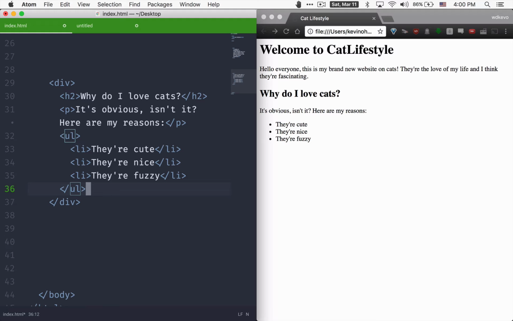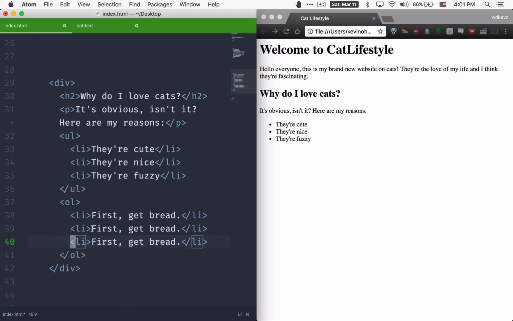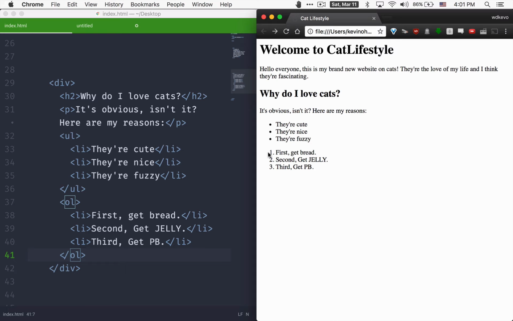Like I mentioned earlier, there's the OL tag, so I'll just create a quick OL opening and closing tag here. Let's make just fake steps. Let's see, how to make a pin sandwich. First, get red, close that, and copy paste it. Second, get jelly, and third, get beet, right? So if I save this and refresh it, then you see now that it has numbers at the beginning because